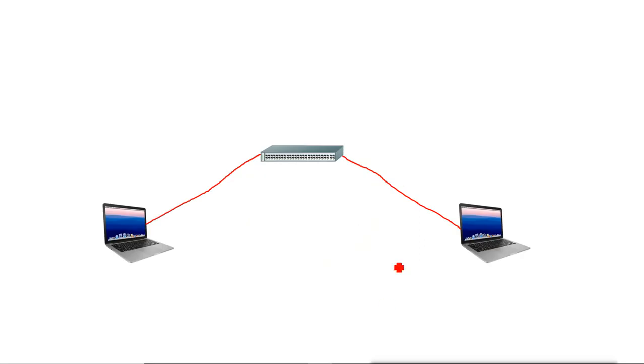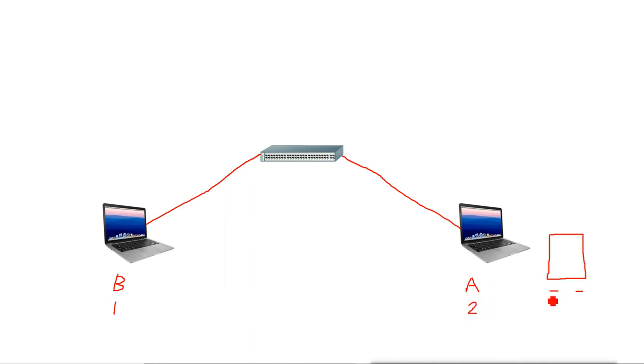So what happened? Every machine has the host file. The host file is a normal text document. They have the host file in their machines, and in the host file they have all the names of the systems and all the IPs of the machines. So this is the name and this is the IP. Now suppose this machine's name is A and this machine's name is B, and the IP of this machine is 1 and this machine's IP is 2.